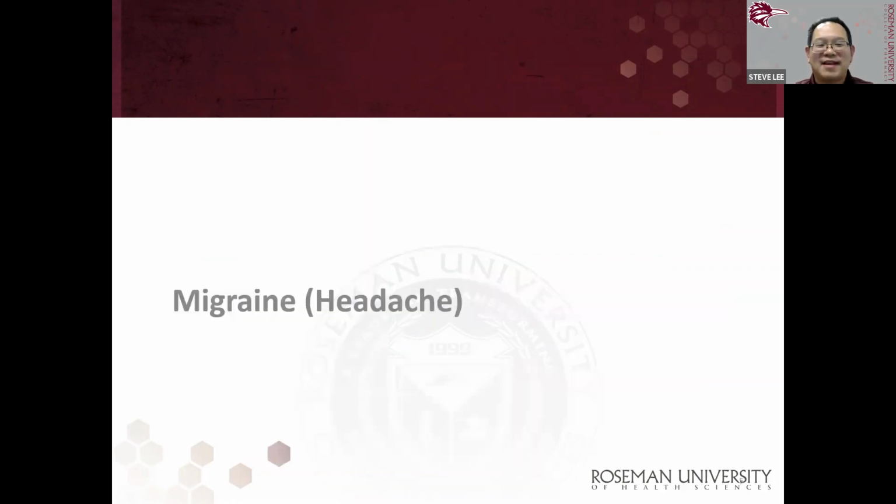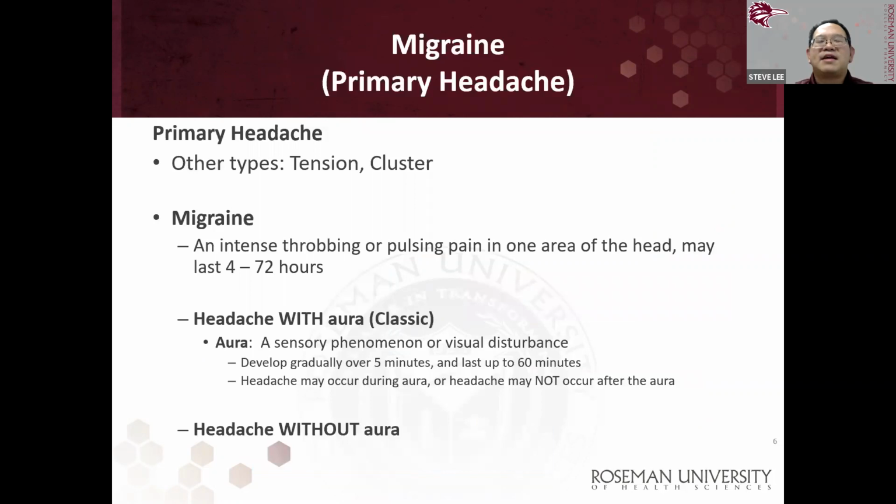Let's start with migraine headache. Migraine headache is considered to be one of the primary headache types, and other types that are considered to be primary headache include tension headache as well as cluster headache. These primary headaches are usually the headaches that are not attributed to other causes. In other words, for example, if the patient has a brain tumor and has developed a headache, that brain tumor related headache will not be considered a